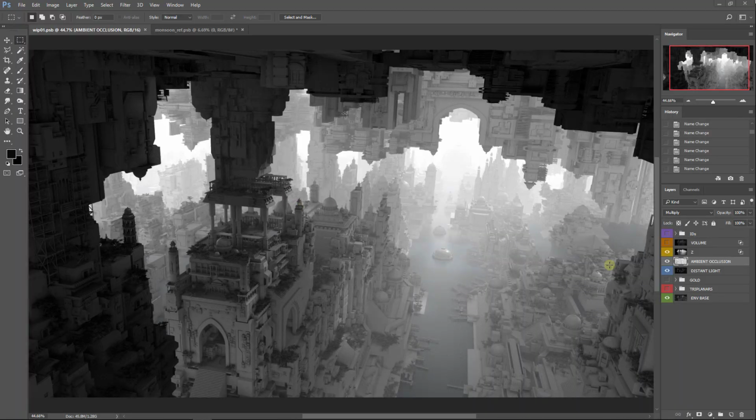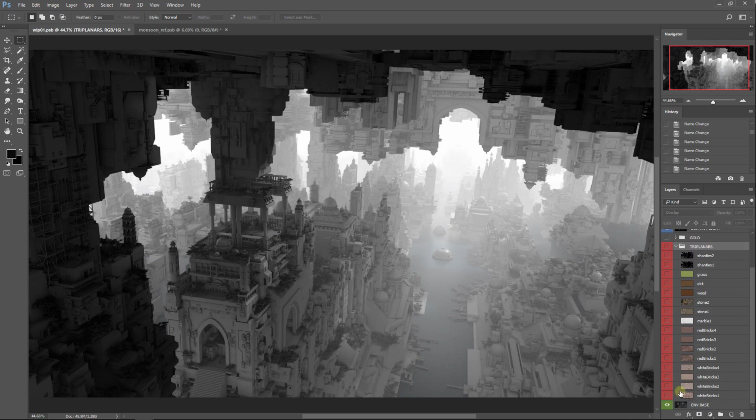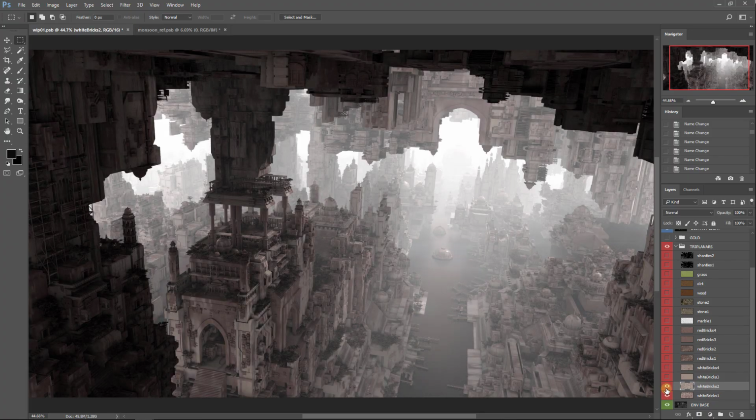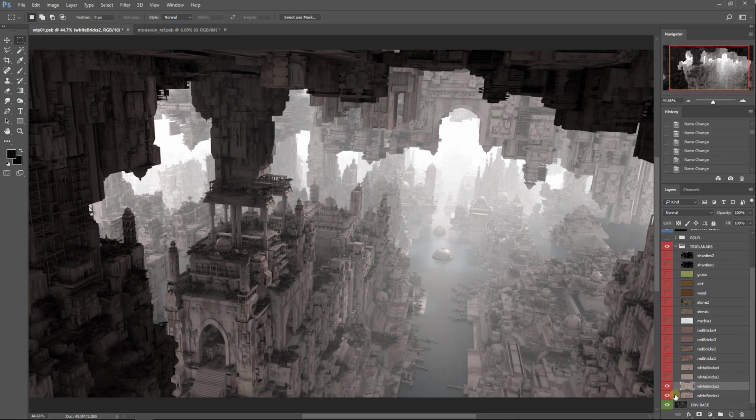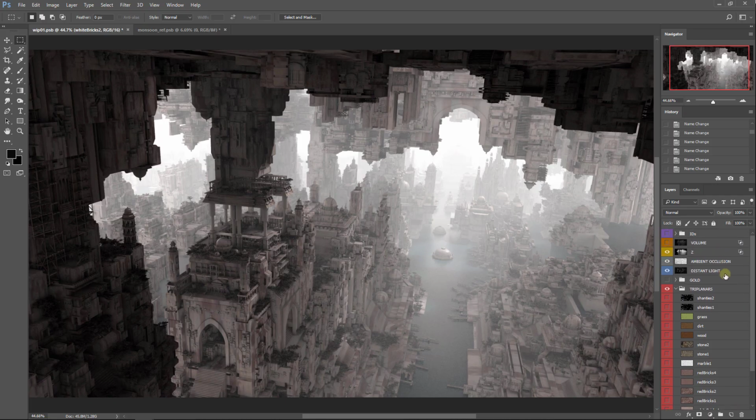Okay, let's get into applying some triplanars to our gray render. Let's just begin with perhaps one of these brick textures. I think this one is slightly better, white brick. And let's go into our IDs and